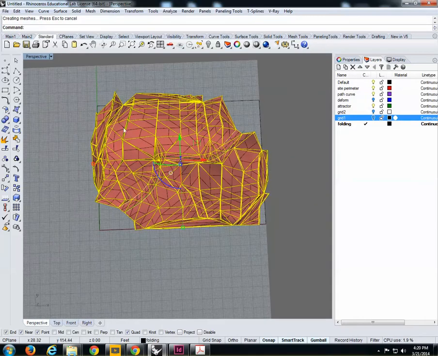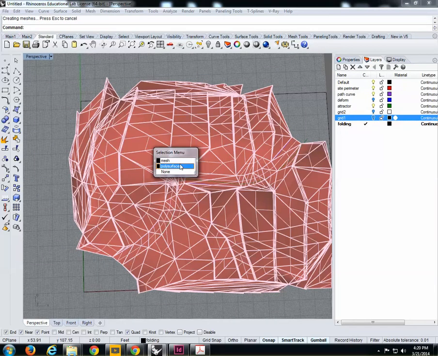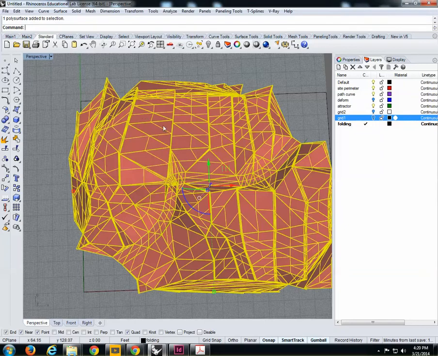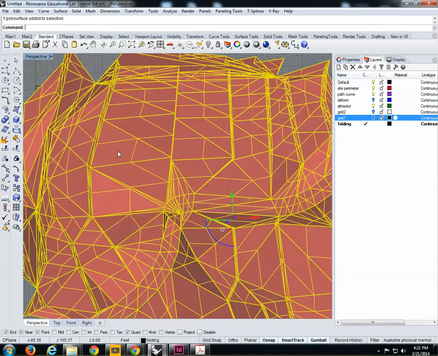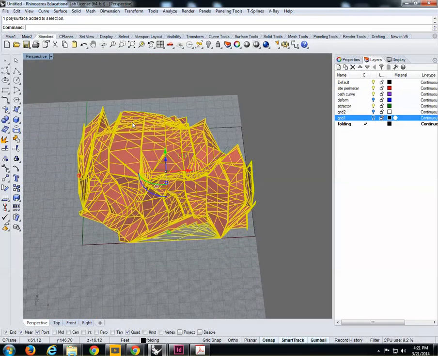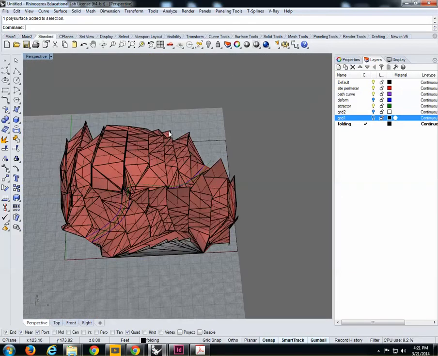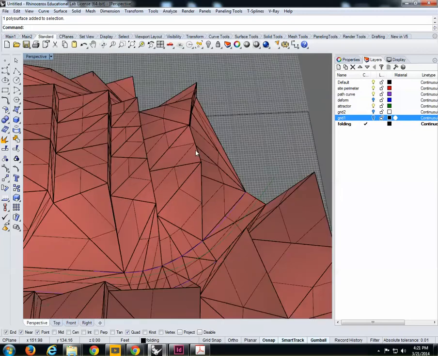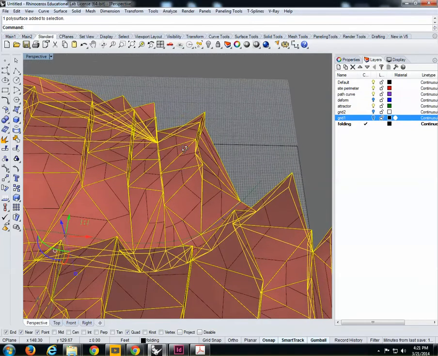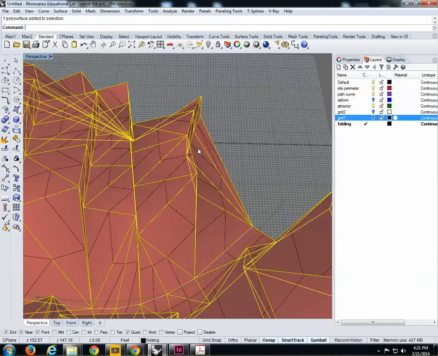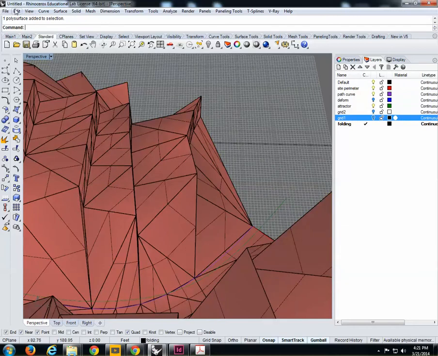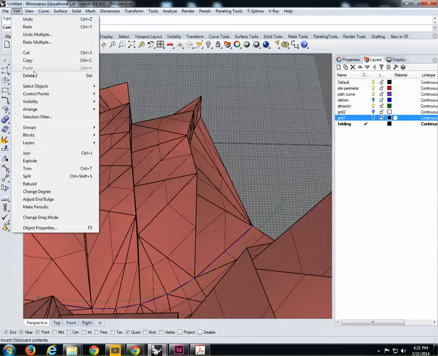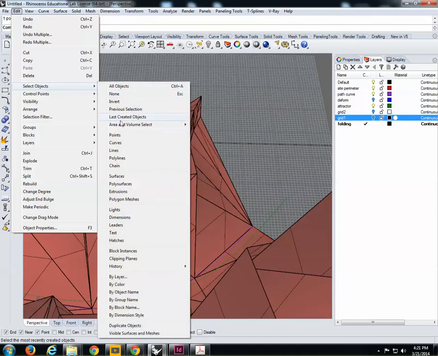Now a new geometry is being generated right away, and you can already see that the new geometry, a polysurface, an assembly of smaller surfaces, has the isocurves. So it's very familiar to us. I will get rid of the mesh. If I cannot select the mesh, this happens many times. Either I zoom in a lot and I'm able to now select and delete it, or if I cannot at all, as we said previous time, there is this edit select objects menu where you can select any geometry in your scene. So if I look for mesh,